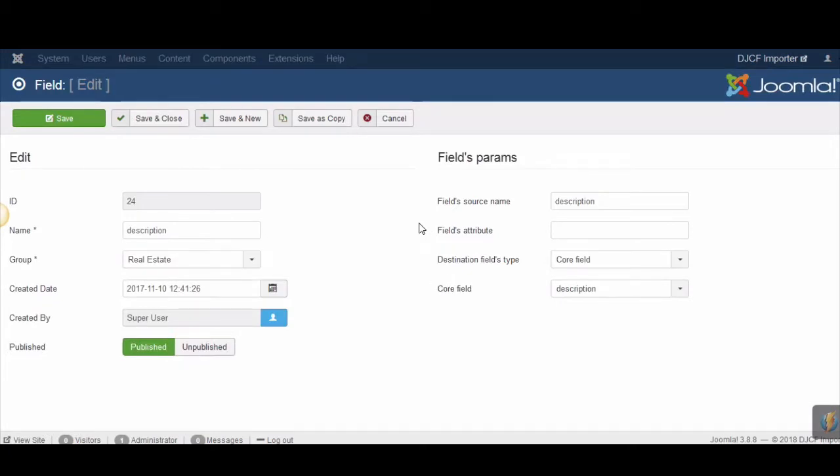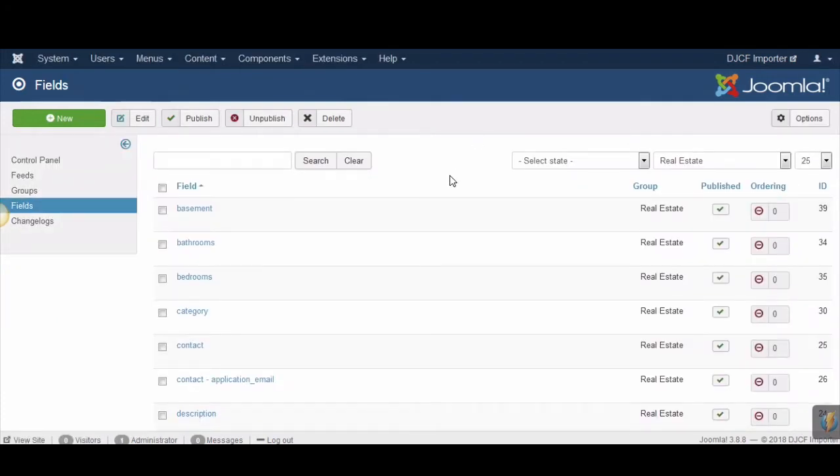we want to import. For description, it's the same situation. We're selecting the name of the XML tag, then selecting core field and selecting the field from DJ Classifieds. After mapping those core advert fields, we can also map, for example, category,